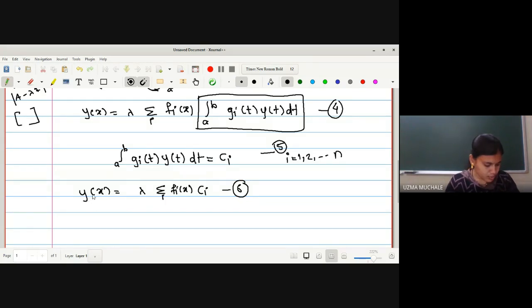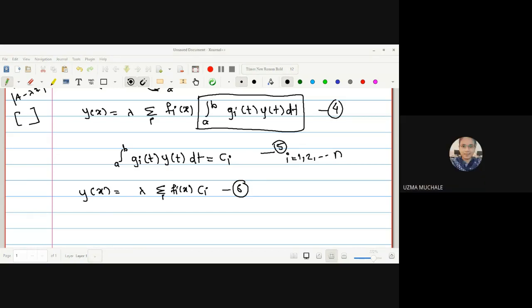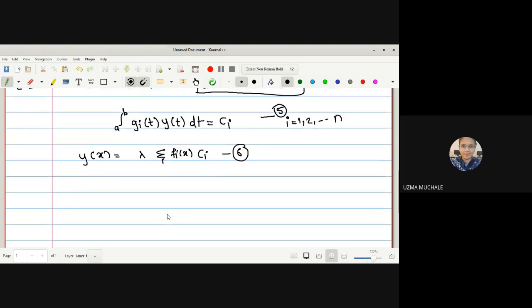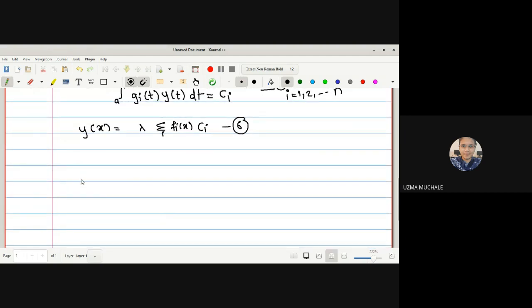That means we are going to use a method where we multiply both sides of equation 5 successively by g1, g2, and so on up to gn of x. Okay, let me write down this step. After that you will understand why we have multiplied. The method we are going to follow is, to find out the values of those constants, multiply both sides of equation 5 successively by